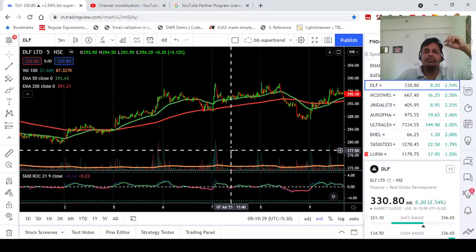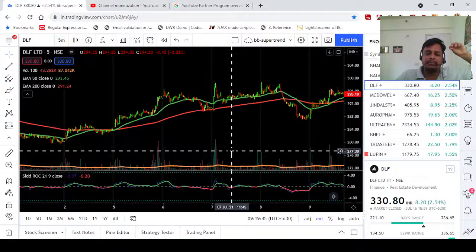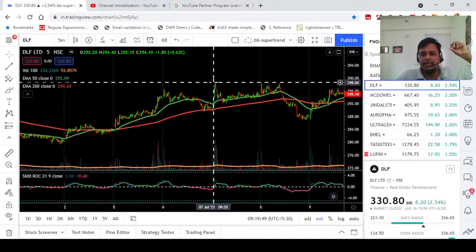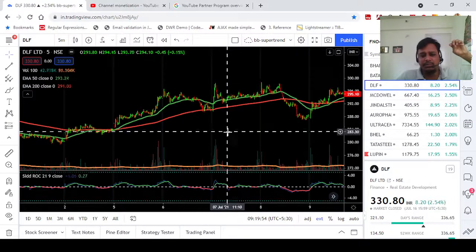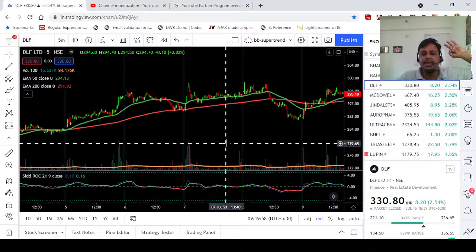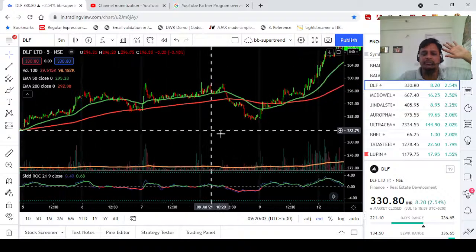So in this long, you will take the profit when you will get 2.5% to 3%. So let's say 290 was there, so 290 to 299, almost 3% profit is coming. So you can take the profit at 2.5% as well, and close the trade. Don't make any kind of trade.